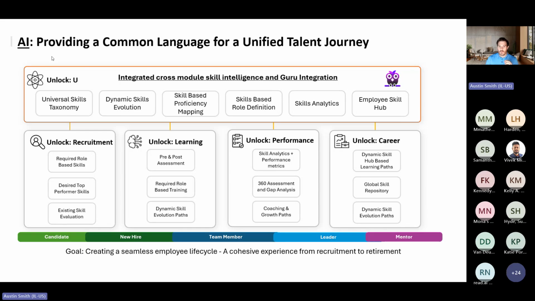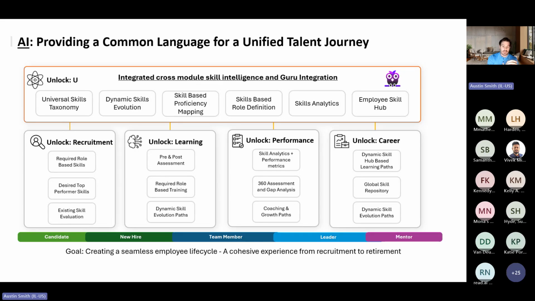So what we're working on developing is not only, and I'll dig into each one of these tools, where we're laying AI into the existing platform and hoping to leverage that, but also building this Unlock layer over the top to act as the glue that holds all of this together, and ties each one of these modules into one another, allowing us to seamlessly work with the employee across their life cycle from when